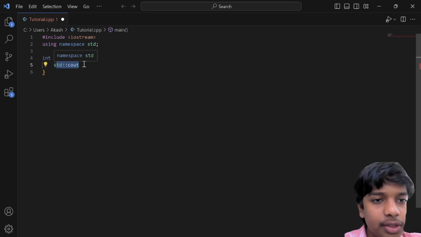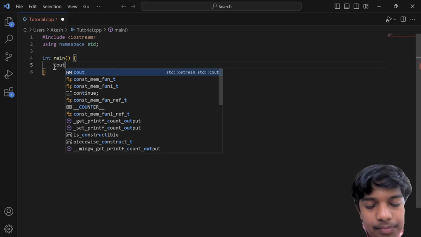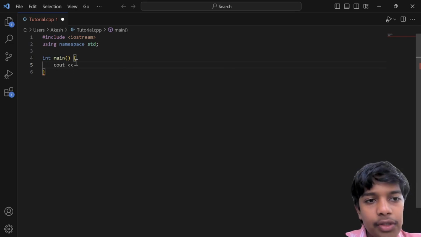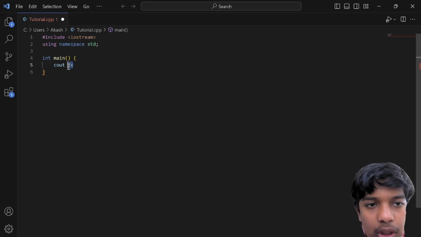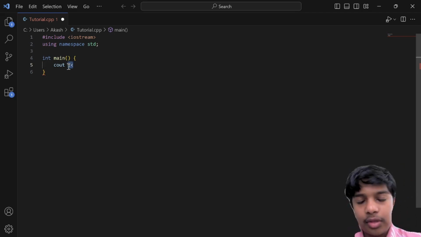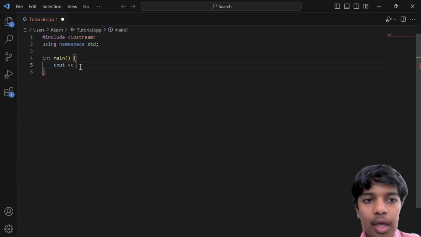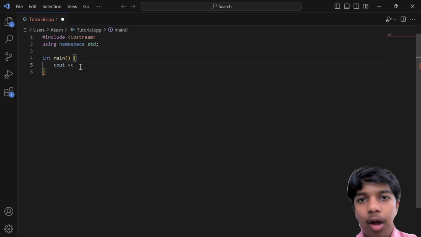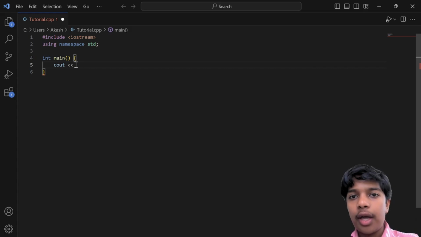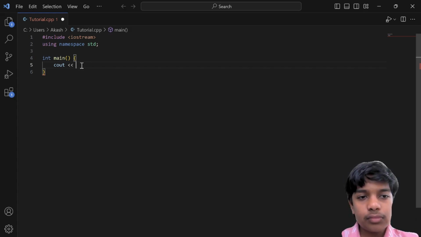So you don't need to use that. You can just type in count, right? And then you have to type in these two not left arrows, they look like left arrows, but they're less than symbols. You need to type in both of them, because it's called an operator, and it's necessary for C++, so that in order to compile the line of code and run it in a proper way, it can print out that line of code. Okay, so let's say this hello world,